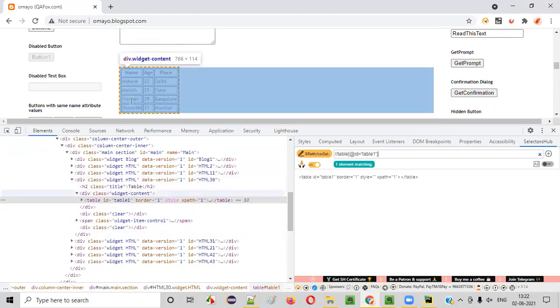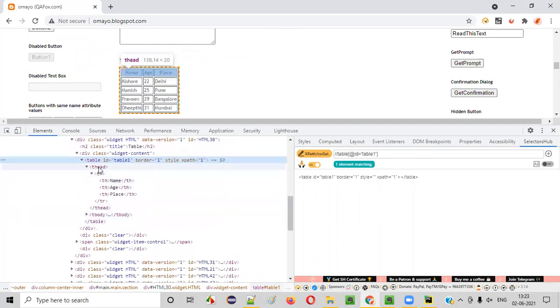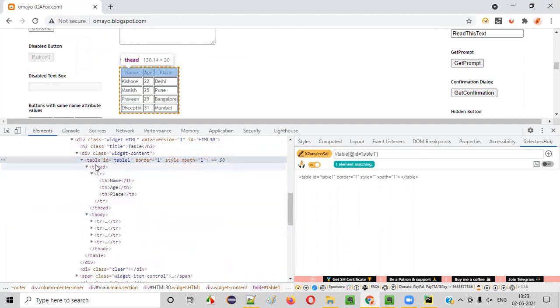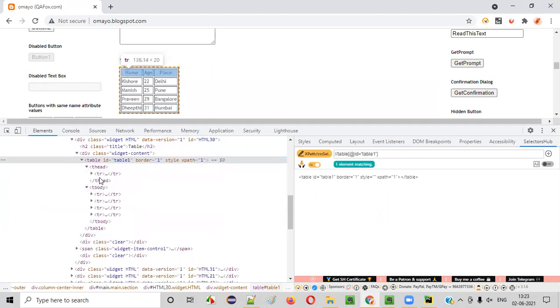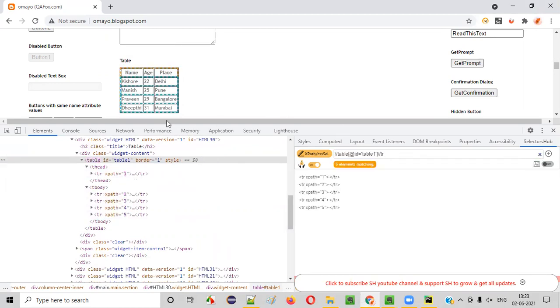Now, once the table got located, under the table, under the thead and tbody tags, we have the tr tags, right? Under thead we have a tr tag, under tbody we have the 4 tr tags. Total 1, 2, 3, 4, 5. So I'll say something like this: double slash tr. That's it. Press enter. You see how many rows got highlighted here? Double slash table @id equals table1 slash double slash tr. There are five elements matching, that is 5 rows got located.